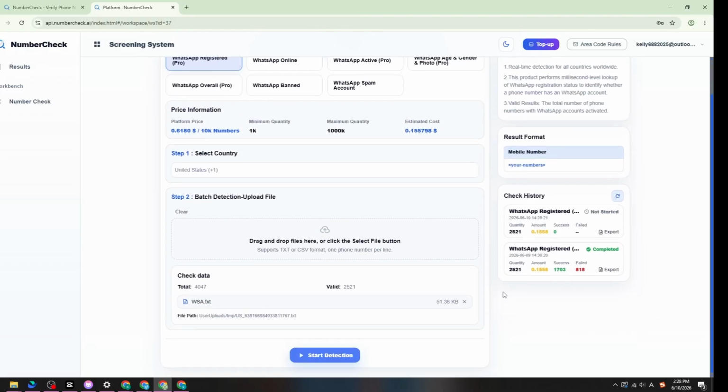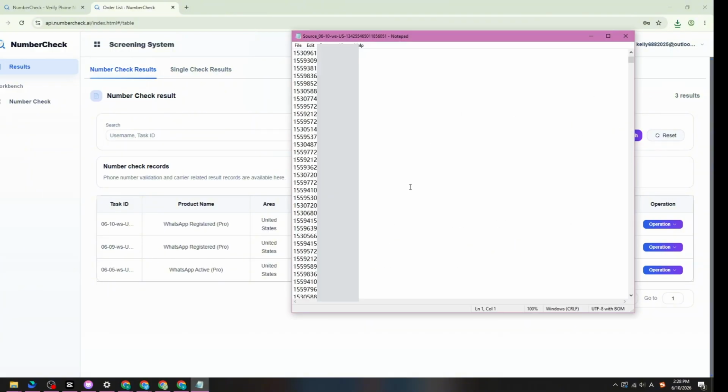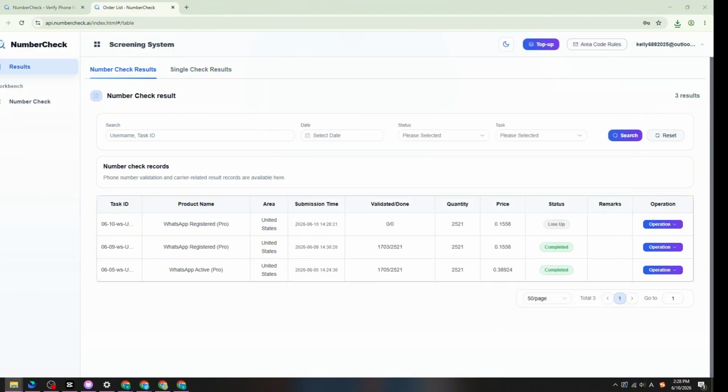Once the task is completed, open the results page to review the verification results. The exported file contains phone numbers that have been identified as registered WhatsApp accounts. You can download the results and use them for audience filtering, customer acquisition, or